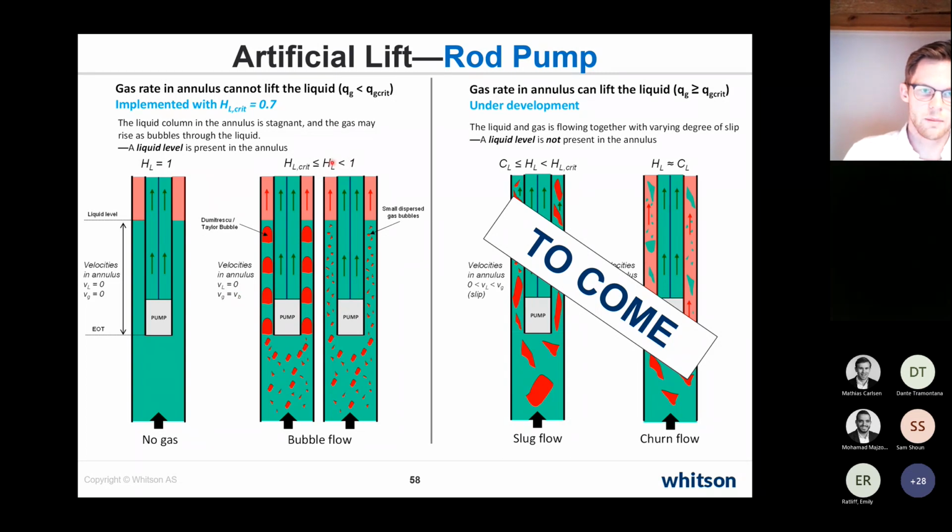And there the liquid holdup can be anything between 1 and that critical value. And then what's to come is to sort of quantify this critical liquid holdup. Instead of hard setting it to 0.7, we want a method of estimating that and also be able to compute